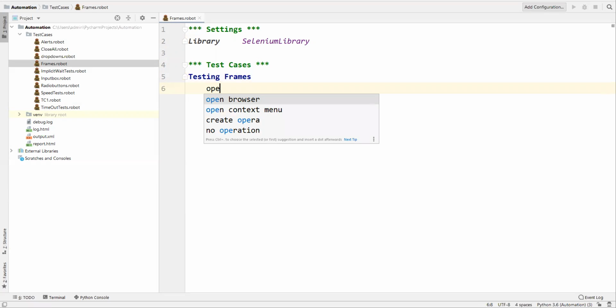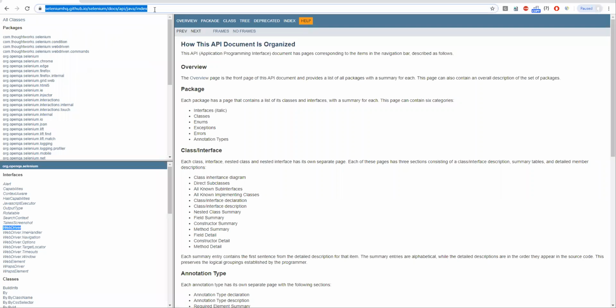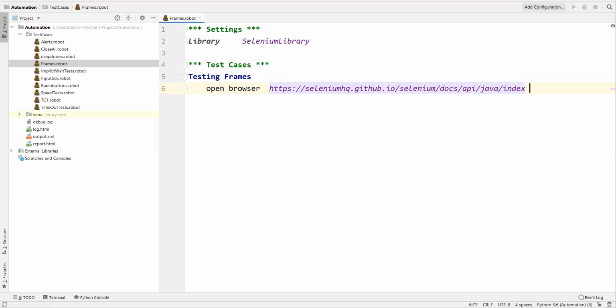Now I'll open the URL of the application. So, Open Browser, and this is the URL I'm opening, and on the Chrome browser, I'll say Chrome, right? So this URL will be opened on this particular Chrome browser, and after that